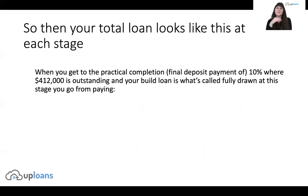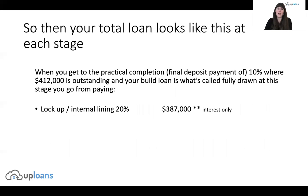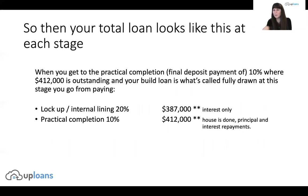All right, so when you get to the practical completion, which is the final stage of your loan, what's going to happen is your build loan is fully drawn. At that stage, you go from paying interest only at the beginning to making principal and interest repayments. So this is the really pivotal part. On this lockup internal stage where you're nearly fully drawn on your house, you end up paying,